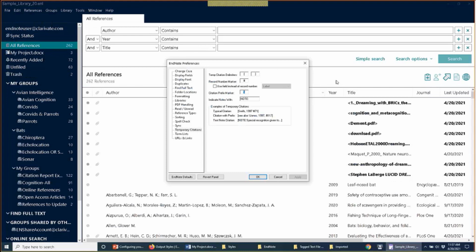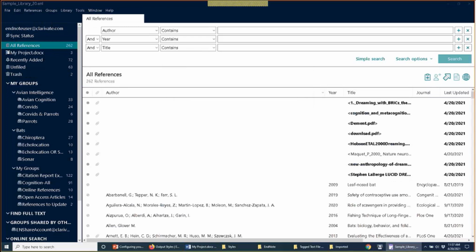The last part of this particular tab that I wanted to touch on is how you can add note references. This is something strictly for numbered styles. This is something that would not come into play for author-date or author-year citation styles like we've been using today. But if I go ahead and click OK here and go back to my document,